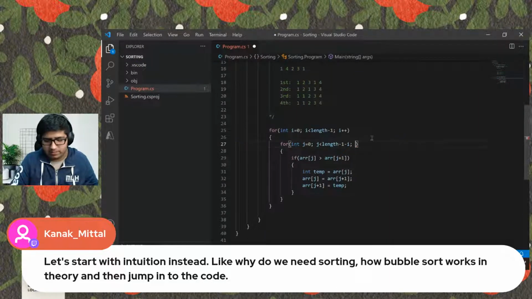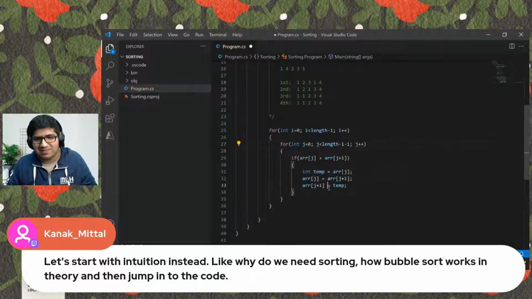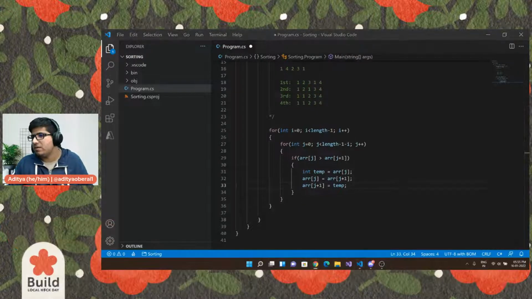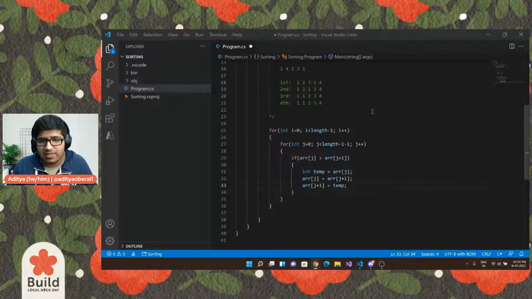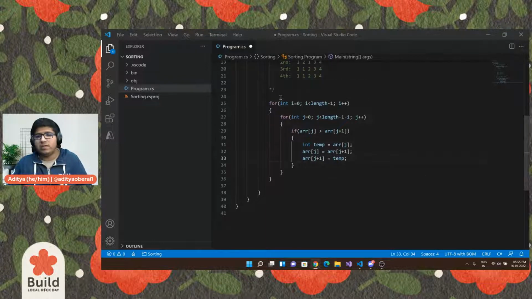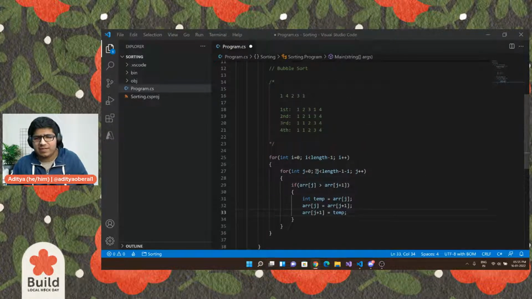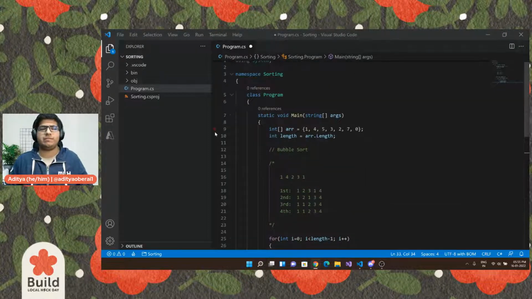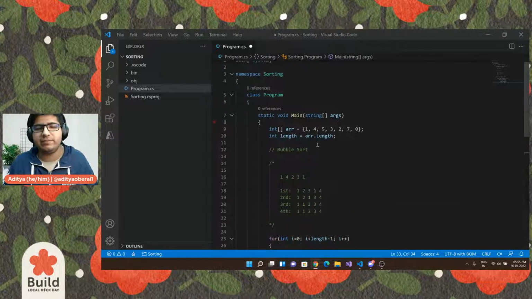And I forgot to run an increment. As soon as we're through with this, it should end up sorting our entire array